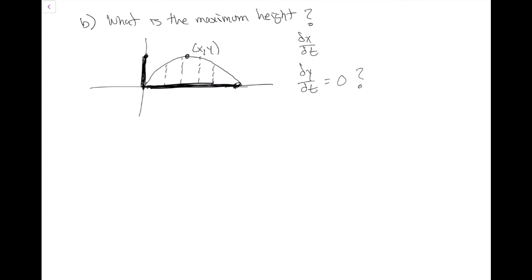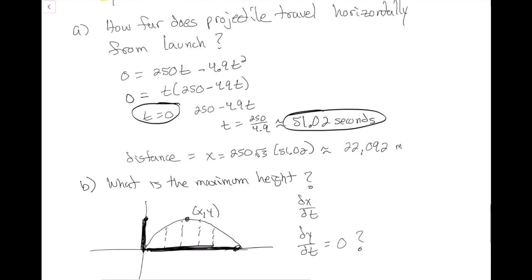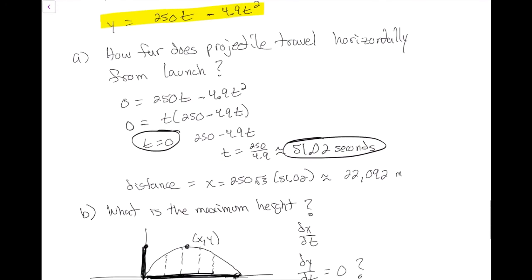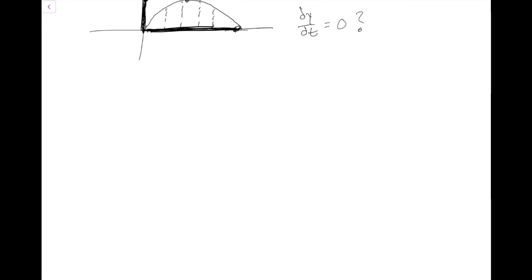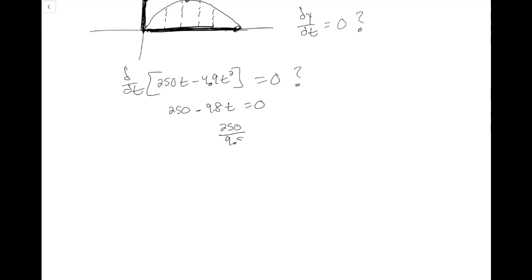So if I come back up and look at my y equation, where was my y equation? There it is, 250t minus 4.9t squared. I'm finding when the change of y is 0. So very quickly, I get 250 minus 9.8t being equal to 0. And then if I solve for t, I'm going to get that value there. Now if I plug that into a calculator, I get about